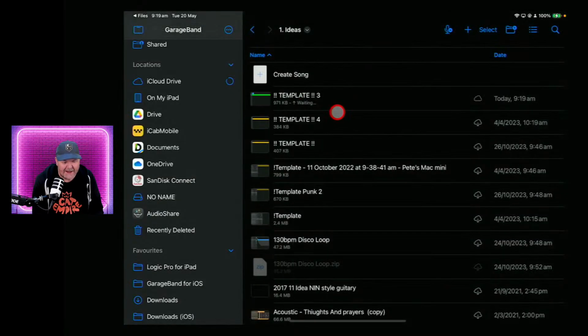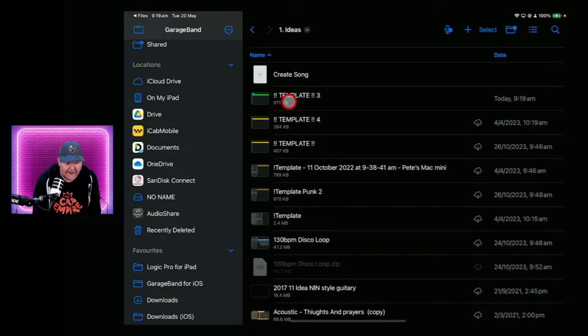So if you've got this template and you want to share it with someone, if you want to just AirDrop it or send it to someone with a Mac or an iPhone or an iPad, you can just share it in the normal way. You can share it as a file, you can copy it, you can paste it, you can AirDrop it. If you want to store this on Google Drive, Dropbox, or send it over any sort of cloud platform, you'll need to zip it up first.